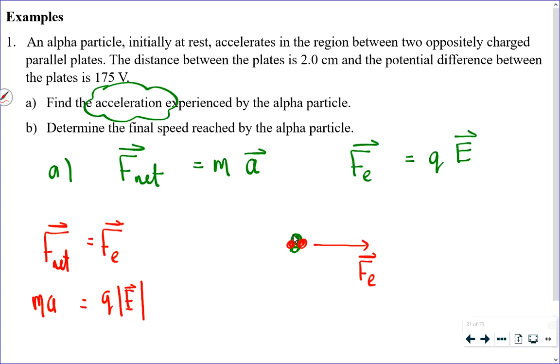So we know the mass because it's an alpha particle. We know the charge because it's an alpha particle, but we don't know the electric field strength. However, we can calculate the electric field strength using our newfound formula, voltage over distance. It's voltage between the plates over distance between the plates. So 175 volts divided by 0.02 meters